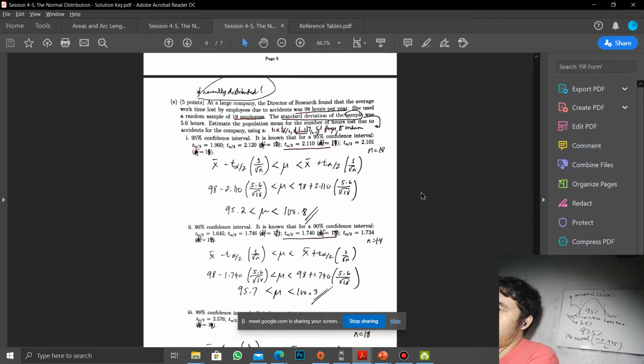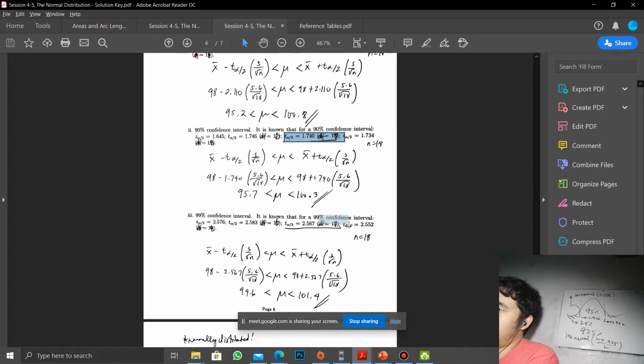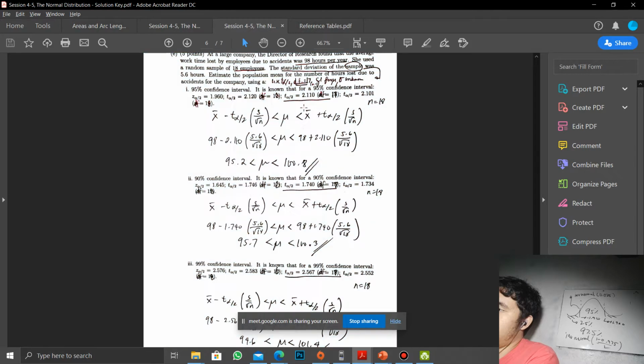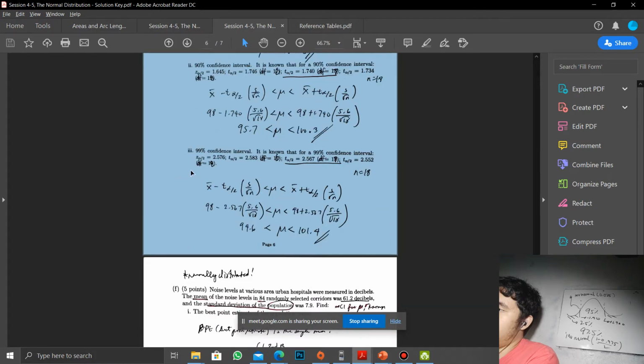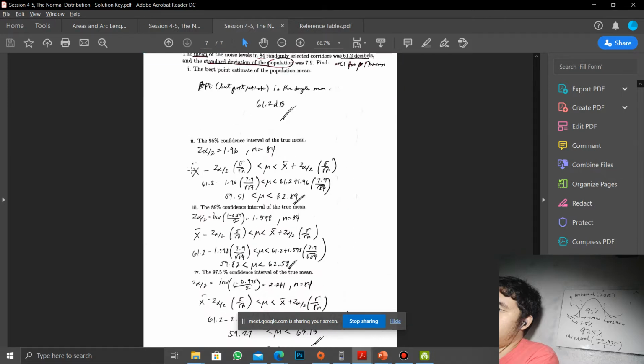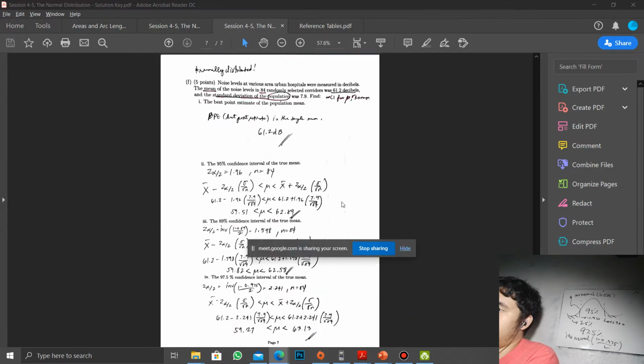N equals 18, degrees of freedom equals 17. So, yun. Use T, use that. Lahat ng items, gamitin mo yung T, df equals 17. So, use the formula, x bar minus T alpha over 2, 2.1110, so on and so forth. You get the following values. Ito for 95%, ito for 90%, medyo huli for 99%. And lastly, for proportion, ito.